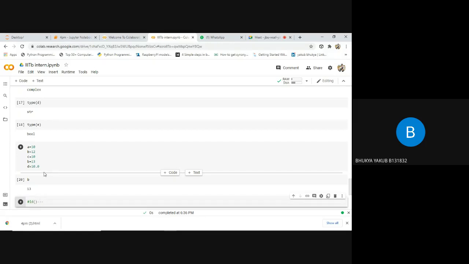And here we'll be having the ID function, which stands for identity function. The purpose of this identity function is to know the logical address of a variable. To know the logical address of a variable, we will use the ID function. The sole purpose of this ID function is to know the logical address of a variable.